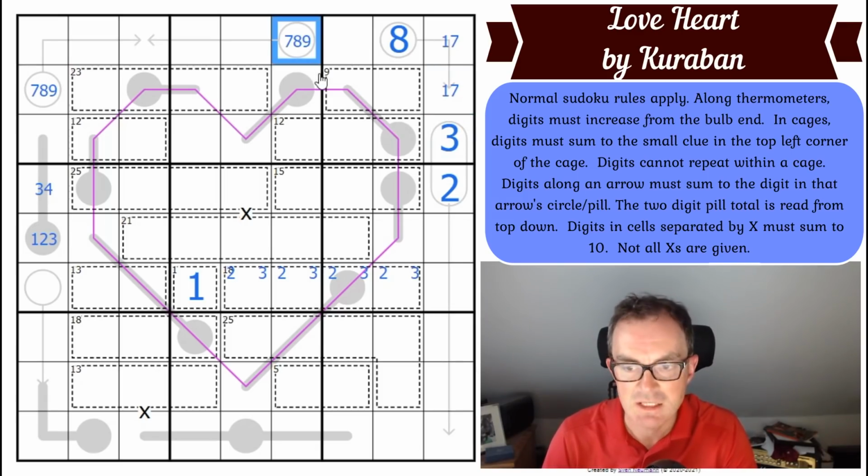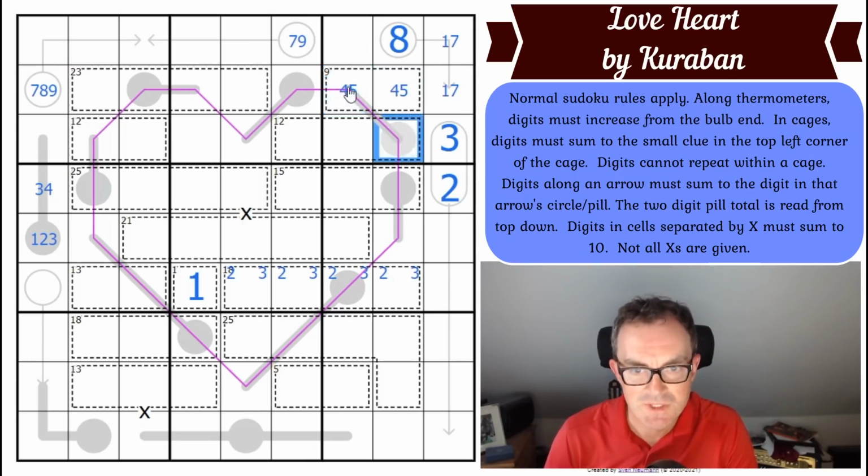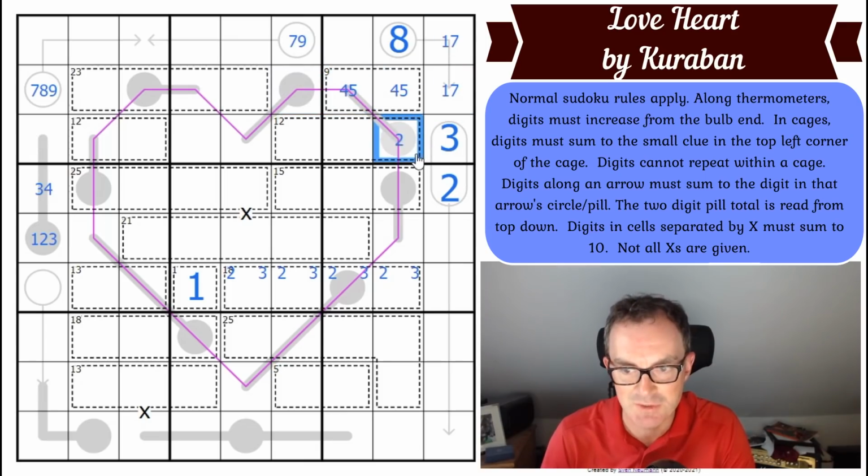This is not 8 anymore. This 9 cage can't be 1, 8, 2, 7 or 3, 6, so that's 4, 5. This is on the thermometer, so this has to be a lower digit than 4 or 5. Well, it can't be 4 because the 4 is definitely there. It can't be 3 and it can't be 1. That's a 2 by 4. So that means 2 lives...